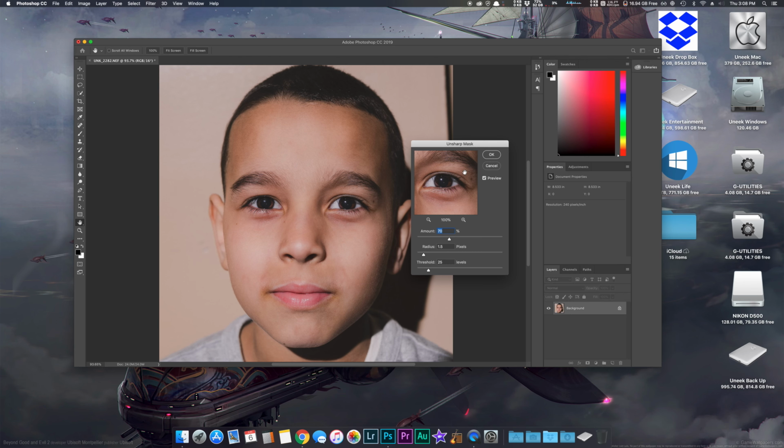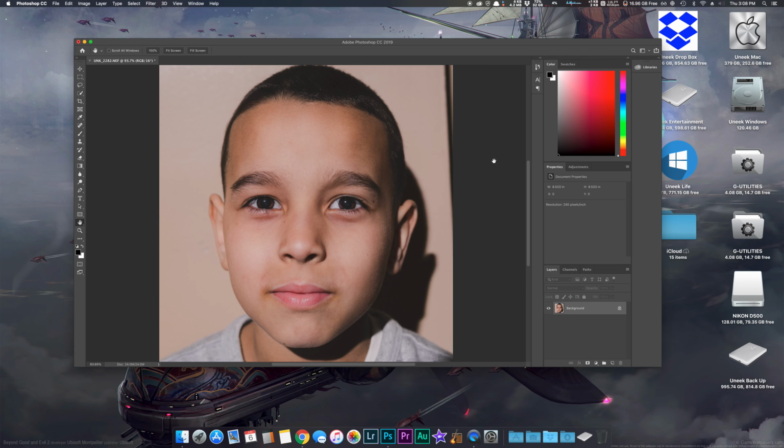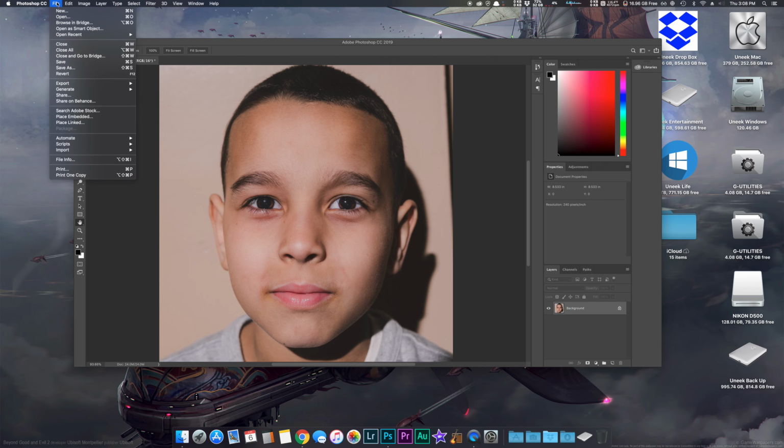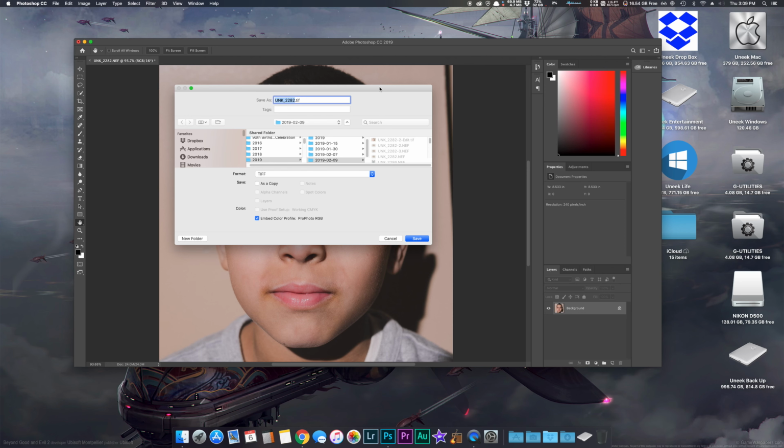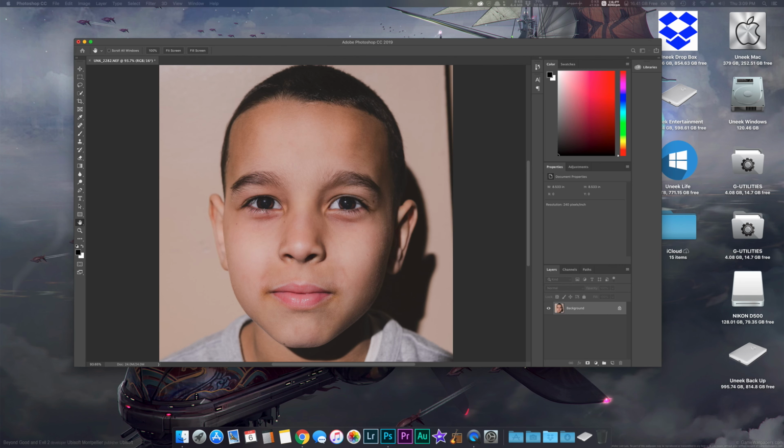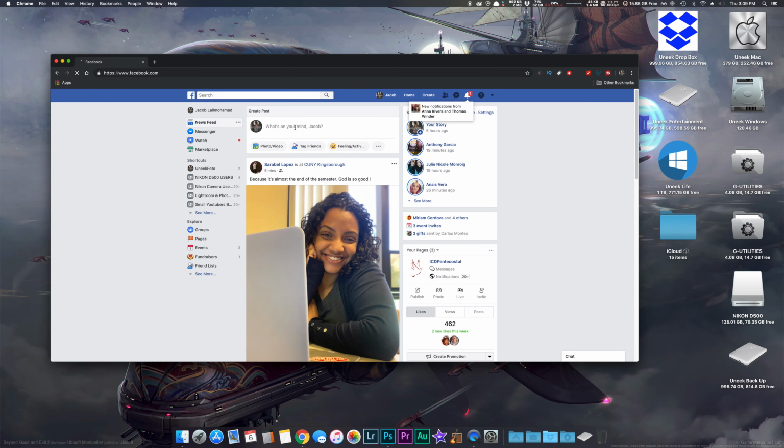You're going to press OK, and then you're going to go to File. You're going to hit Save As. You're going to name the file, and then you're going to go here where it says Format, and you're going to do PNG. Then you're going to hit Save. Then another box is going to come up, and you're going to make sure that large file size is selected, and then you're going to press OK, and then it's going to save to the destination that you selected. Then you can go ahead, you can quit Photoshop, create a post,